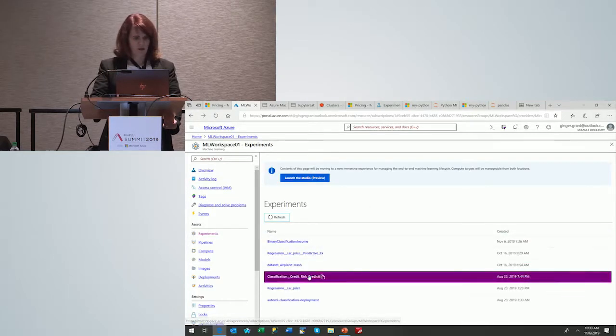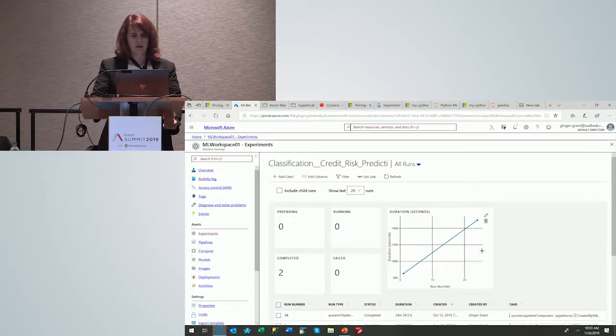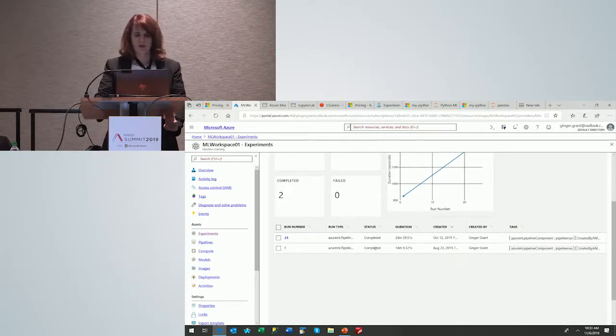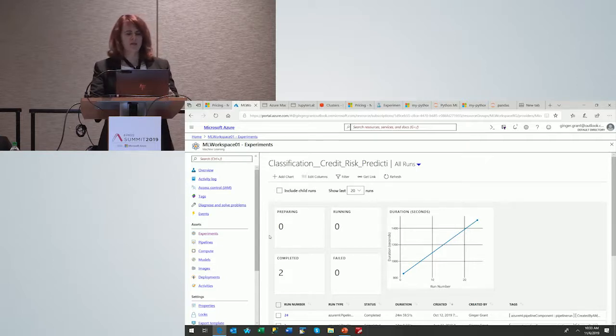And what I find really interesting when I look at this is that there's a lot of variation in how long it took to run. And this is just sort of an example of some different times it takes to run. And you can see that it completed, when it was run, and then the tags associated with it, and if it ever failed. So what's great about this is that you have a record over time regarding your machine learning components when you're running them. And if you have them within a pipeline, this information is still included within the workspace.